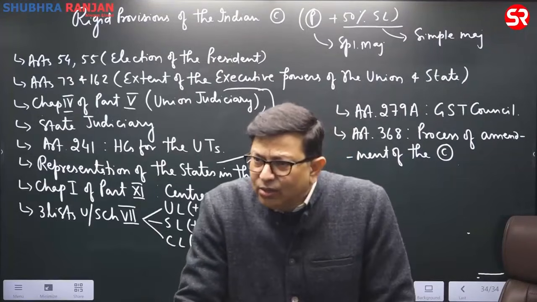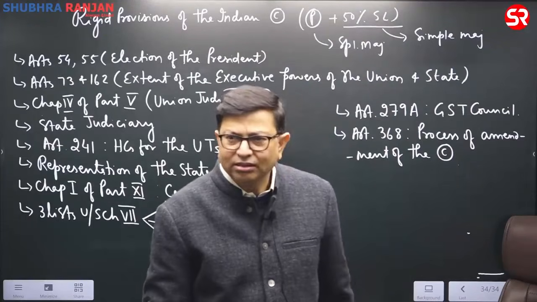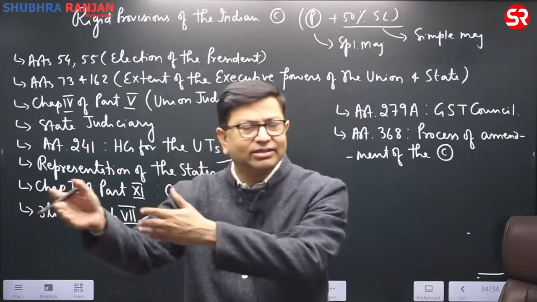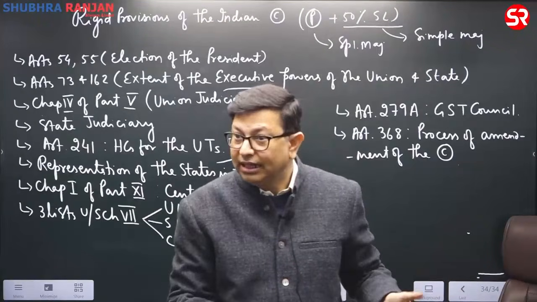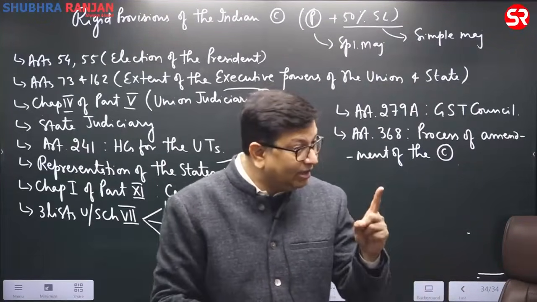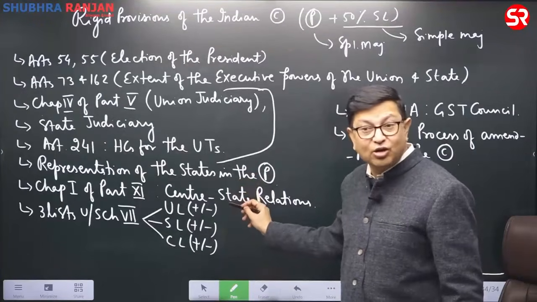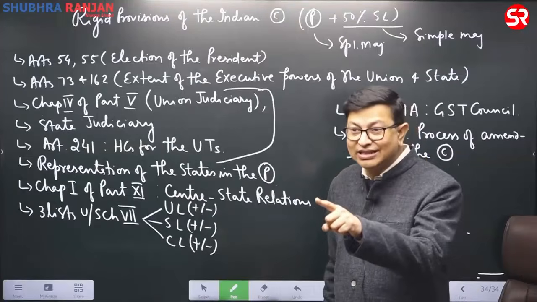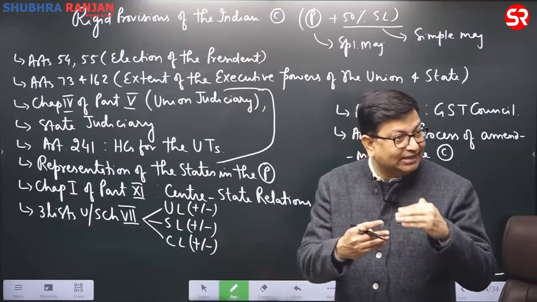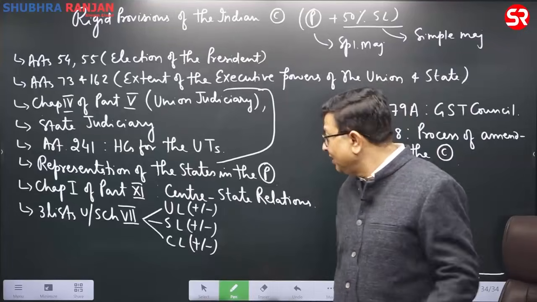Now, what it can do is that, oh, these people are not voting in favor of us. Chalo, decrease the seats, increase the seats of Uttar Pradesh. Kuch bhi to apni vote dete hain. Increase the number of seats. That can be done. So, representation of the states in the parliament cannot be done unilaterally, whether in the Lok Sabha or in the Rajya Sabha. If you want to change the representation, then the consent of the 50% states will be required.